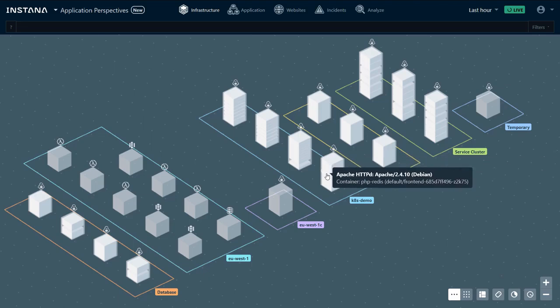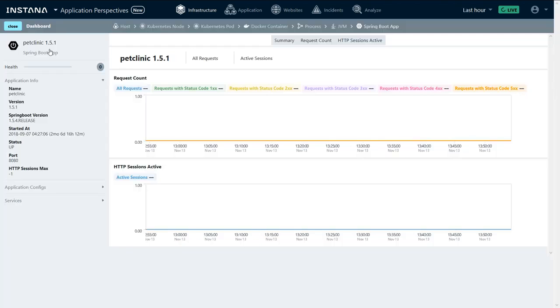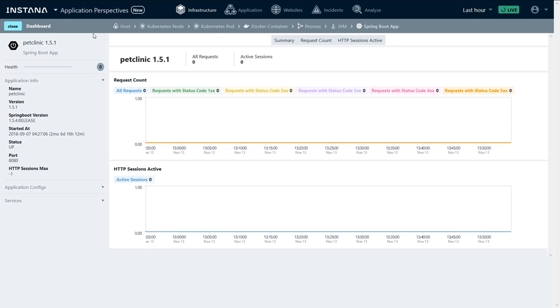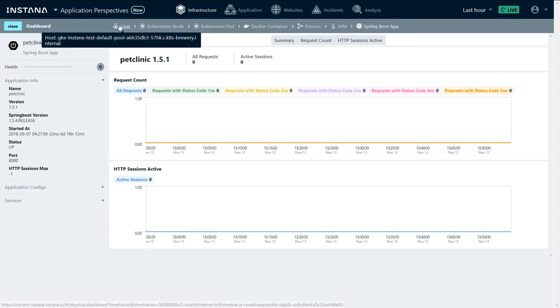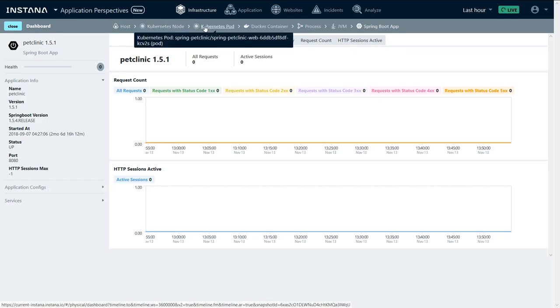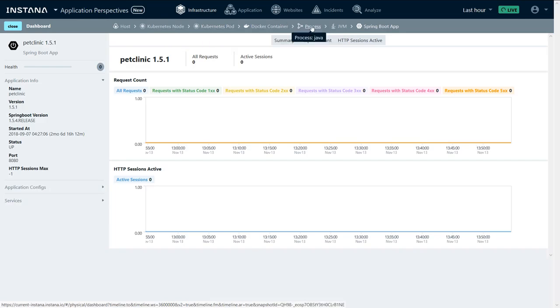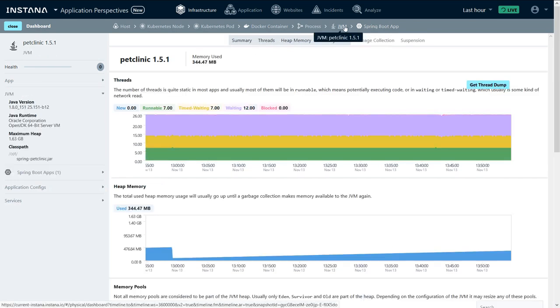We can hover on top of the different layers and see what they are, or click, open a dashboard, and drill down to a specific layer, in this case, a Spring Boot application. Here we can see our automatic discovery and monitoring. From the host, we discovered the Kubernetes node, discovered the Kubernetes pod, the Docker container, the process, the JVM, and the Spring Boot application. We're going to peel the layers back and see the monitoring information of the JVM,